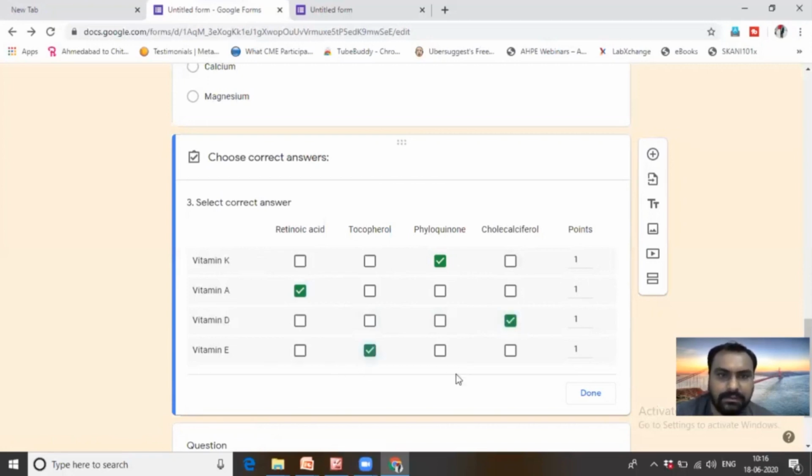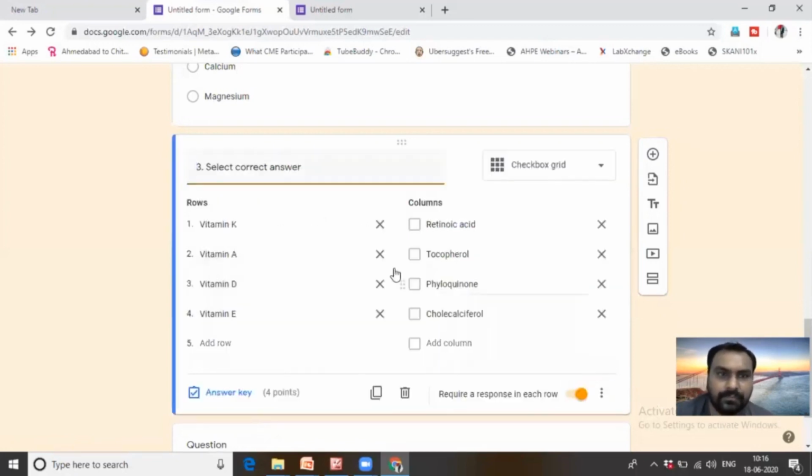Okay, so like this you can make the correct name of the vitamin. You can give a hint for the students. So this is how you can make different types of multiple choice question.